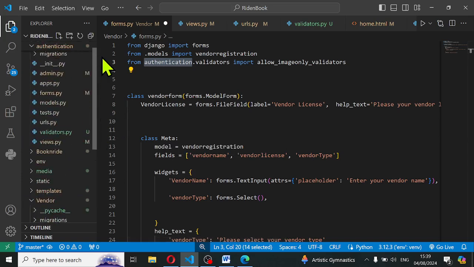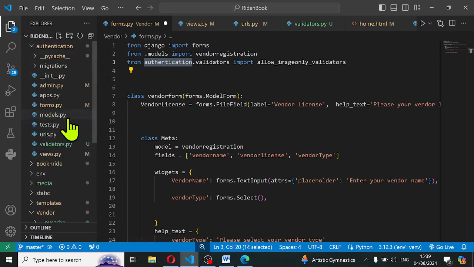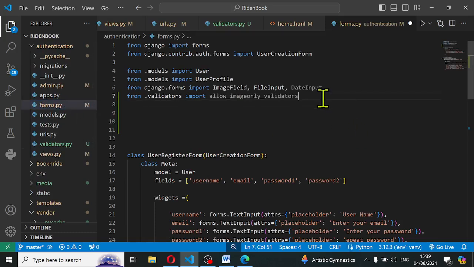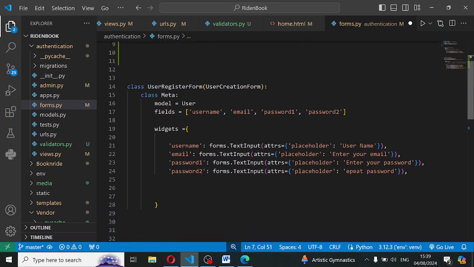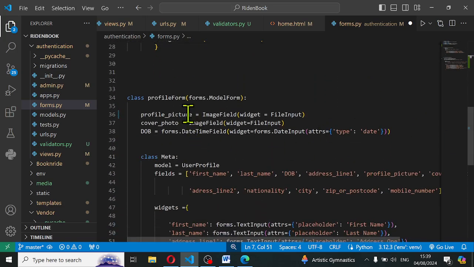So I'll go back to my authentication and then I'll go back to my forms. So here I've imported it. Now what you need to do, look for the image fields. Here, profile picture equals image field. So open brackets, open and close,